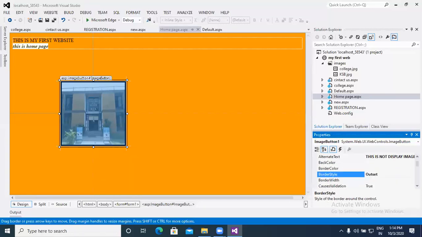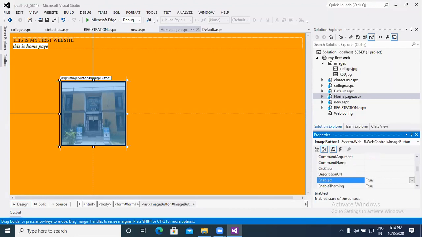Back color and border style are useful for the image border. Then command argument, command name is useful for applying a command associated with the button.